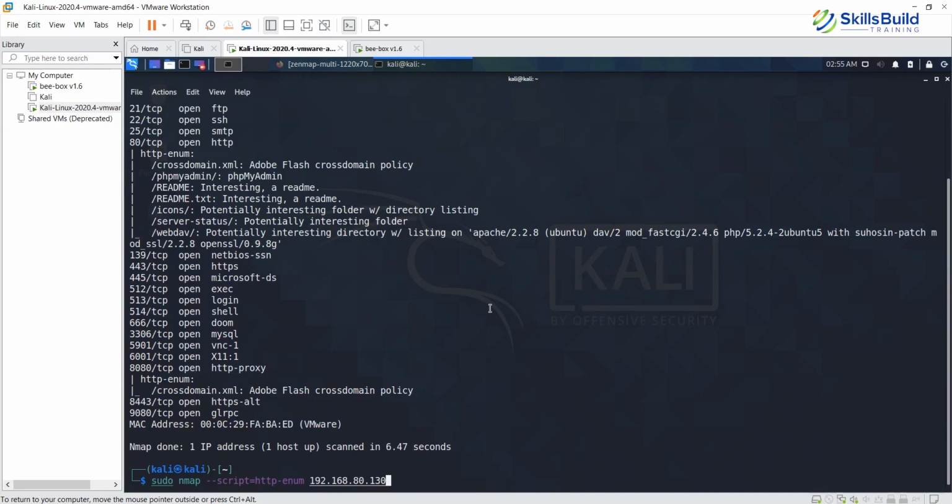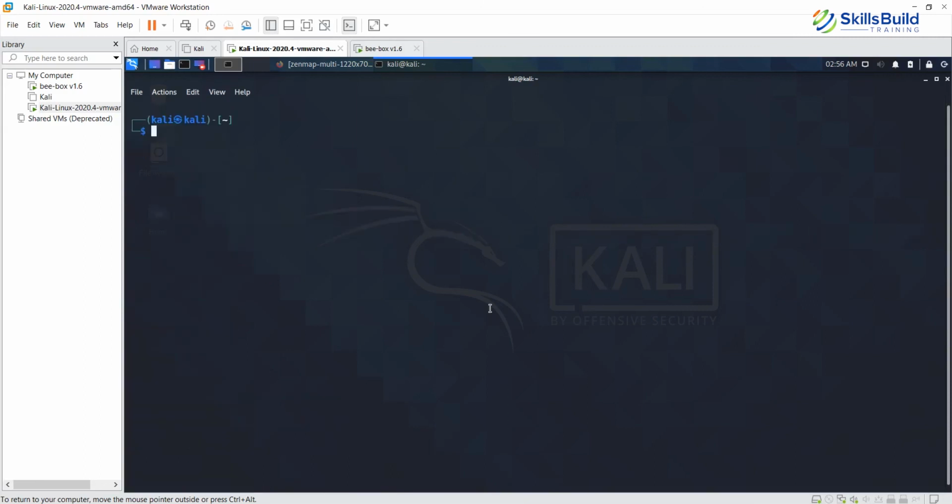Other than that, if you just want to use the complete set of scripts, you can simply go ahead and type something like what we had done. You can load all these scripts in one go and execute them. So it depends on what you want to do. But scripts obviously make your life much easier. They give you a lot of output without even having to run multiple commands.